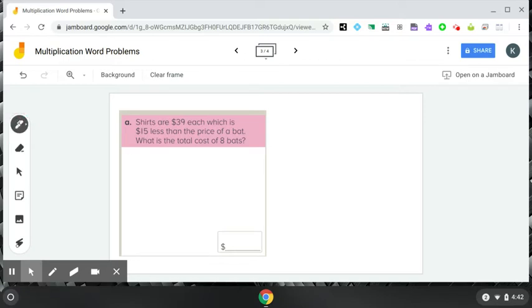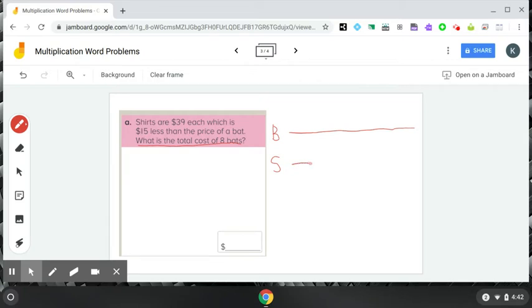If we look at this particular story problem, we can see that the final question says, what is the total cost of 8 bats? So if we think about the bats, does it tell us how much bats cost in this problem? No, that's what we're trying to figure out. What is the cost of a bat? But what it does tell us, the information it does give us, is that